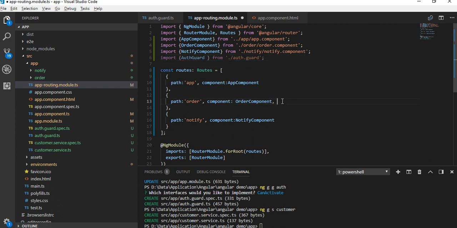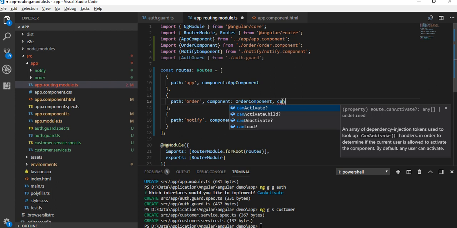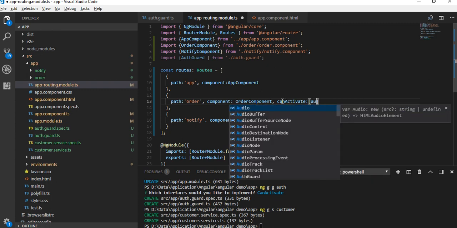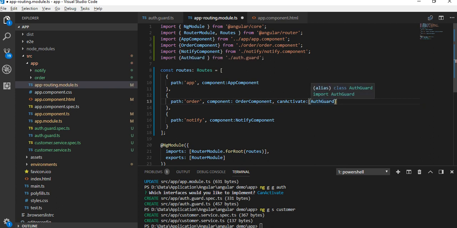So for implementing the auth guard or any kind of guard on this route, we'll say canActivate guard, or any type of guard. Just select the type of guard and pass that guard name inside this array, because the array can contain more than one guard. So here we can define more than one guard. Just put a comma and define the other guard name. Here we have only one, so let it be as it is. So for implementing the guard, just define the type of guard and pass your guard name.